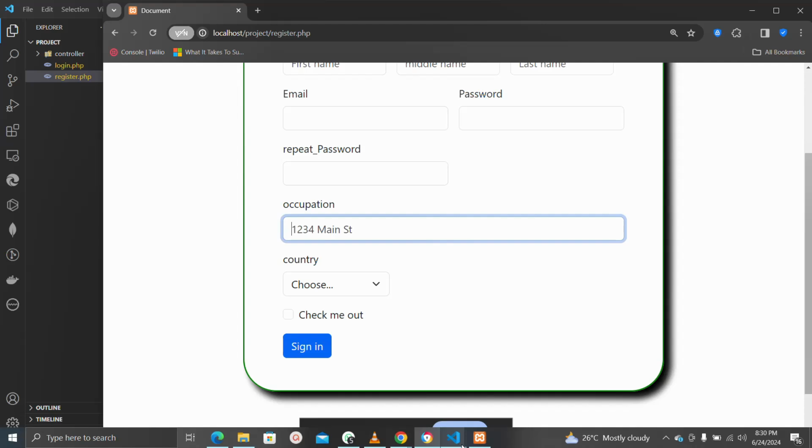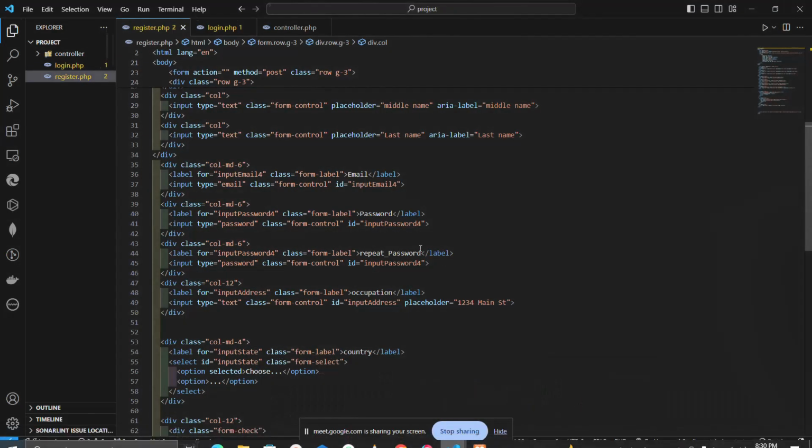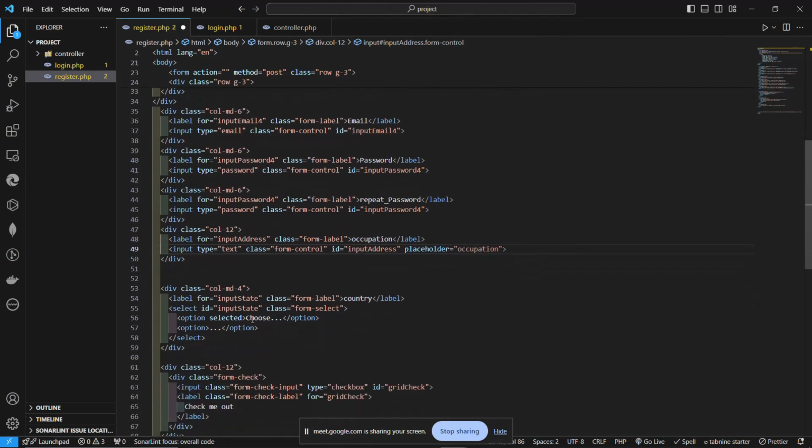Let me remove this placeholder that is there. It's for occupation. Remove that placeholder that is there, and just copy the occupation here and paste it inside of there. So now next thing is country. Now country is